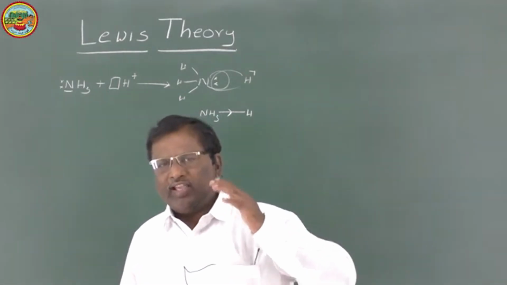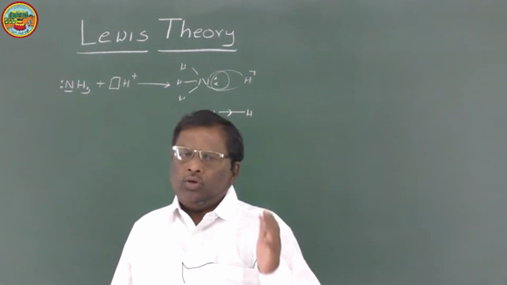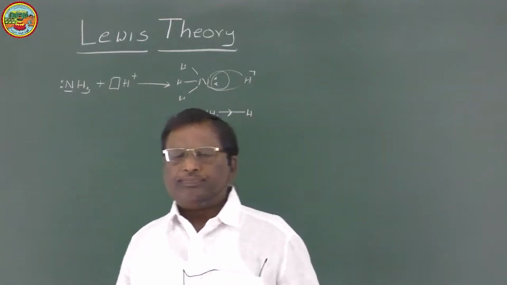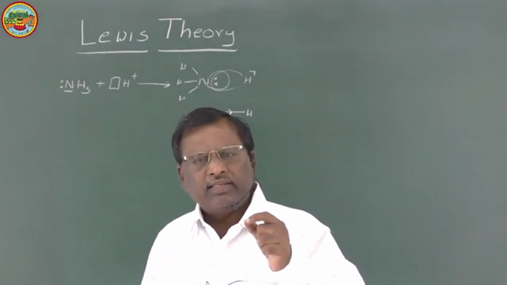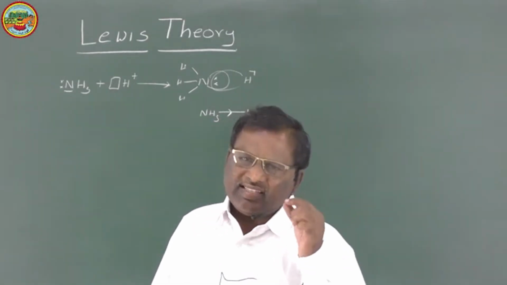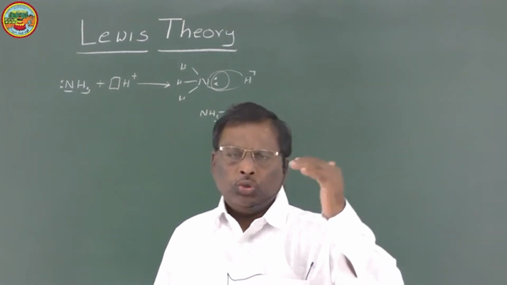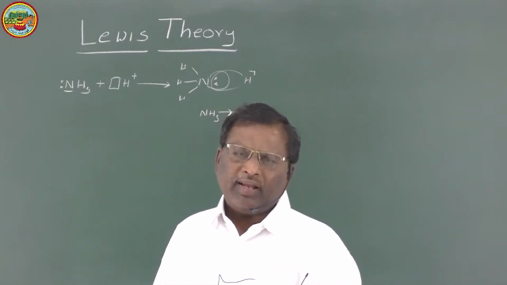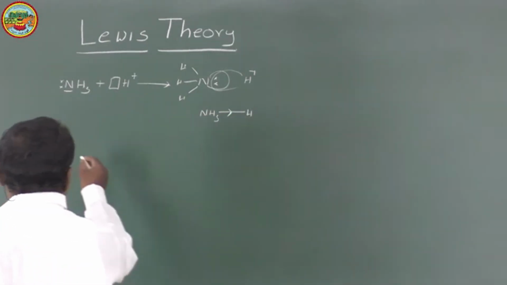A pair of electrons can be accepted by a species only if it has an empty orbital. The existence of an empty orbital can occur in many ways. So these acids can be classified in the following ways. Number one,